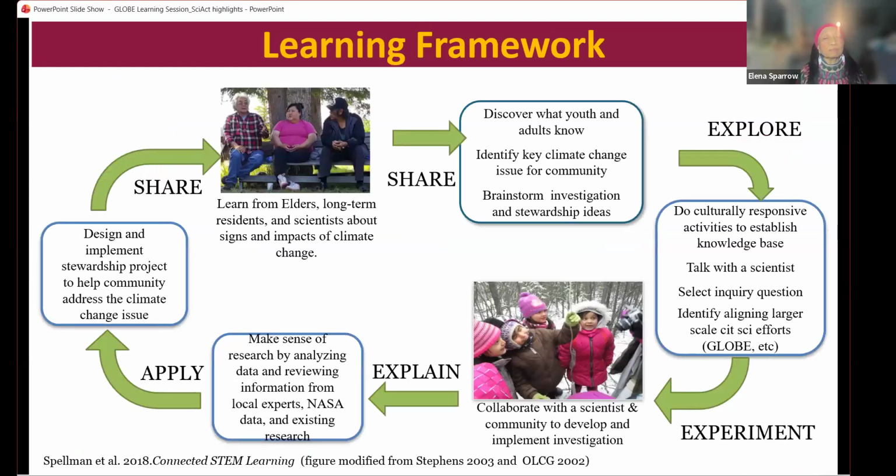So we have the learning framework, and this is building on, because of the audience that we are working with, which is a lot of indigenous Alaska Native and other indigenous peoples from outside of Alaska. We decided to scaffold on what they already have, learning from elders. And so we have a learning framework that